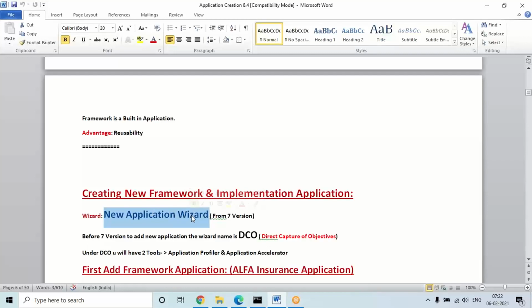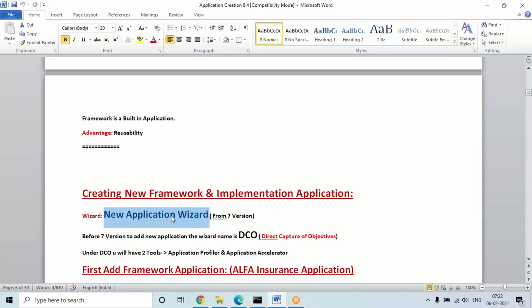See, in these old tools, there are 14 steps, so in each, 7 steps will be available. I used it earlier, but don't worry, no need to have any knowledge on this right now. In the latest version from 7, they're using this new application widget.